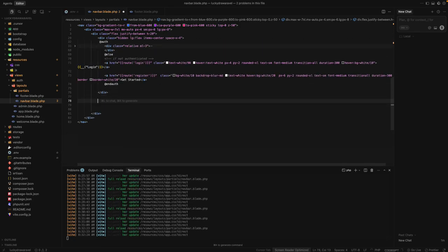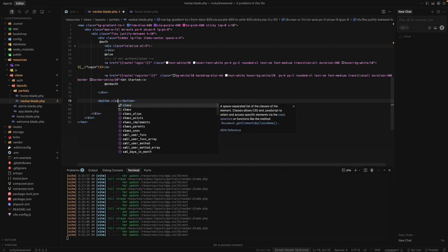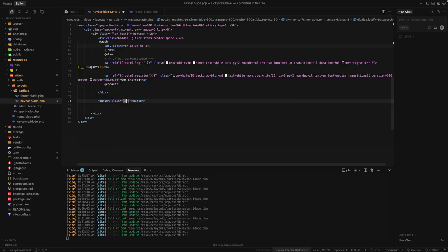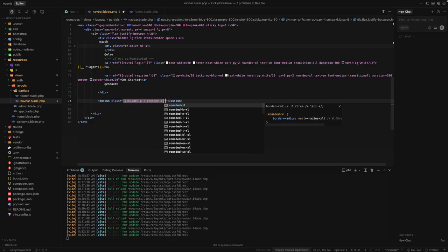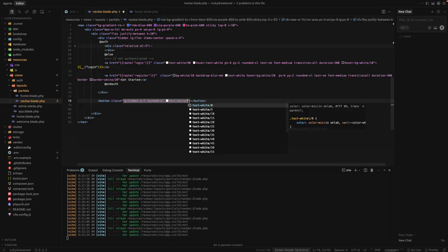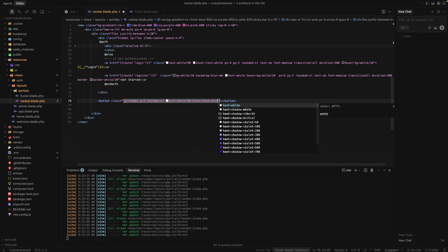Okay, let's see the button here, let's see the class name. Okay, LG hidden, and P2 rounded XL, and text white 90. Okay, and then hover on this text white, and hover BG white